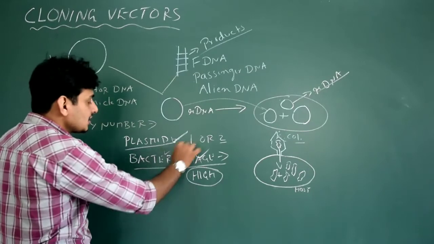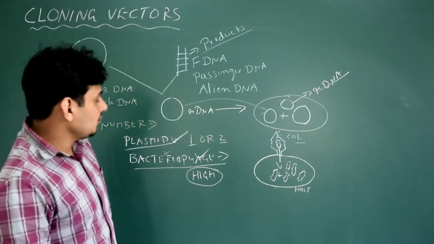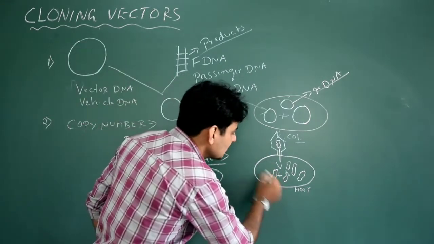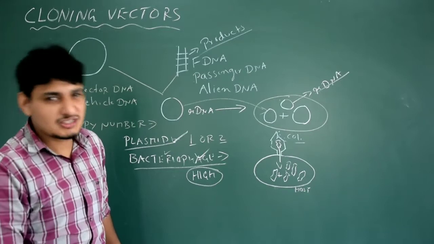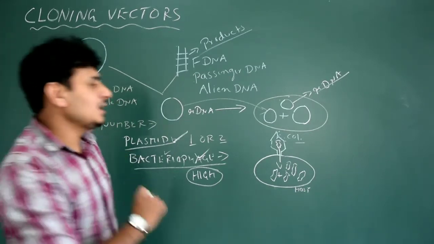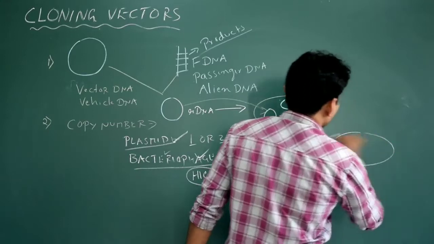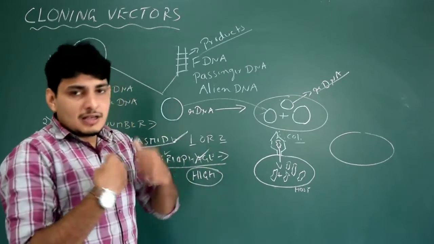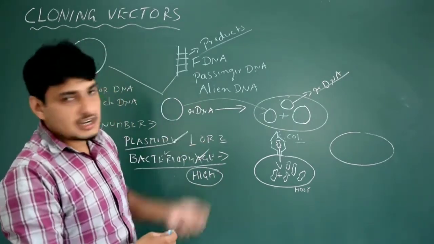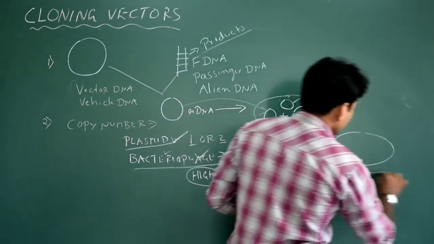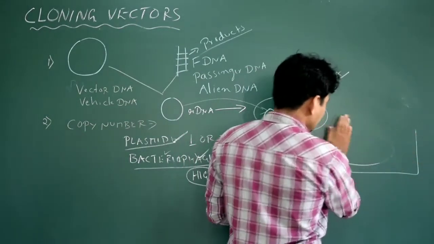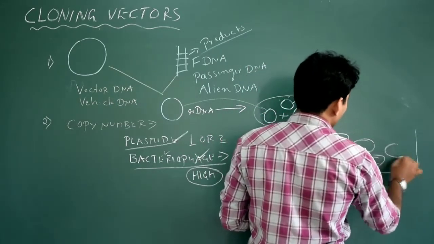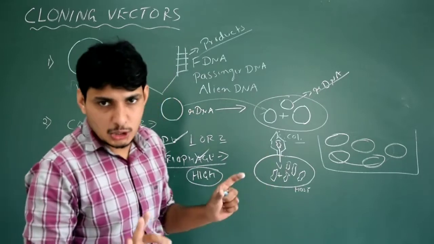But still we need to consider certain characteristics. If the bacteriophage doesn't exhibit some characteristics that is very important for selection, we will not understand what is this selection. Okay, simple, easy way, let me just explain it. What is this selection of recombinants and non-recombinants? Okay, assume that I am a scientist and I am just doing this genetic engineering. Okay, so this is the Petri plate, and in the Petri plate, let me just put around 5 host organisms. Let us assume that these are all nothing but the host organism E. coli.